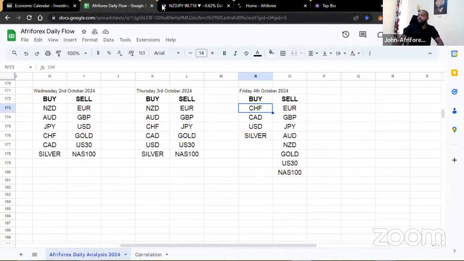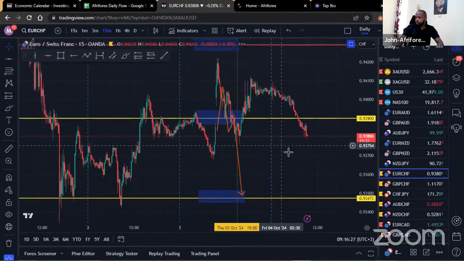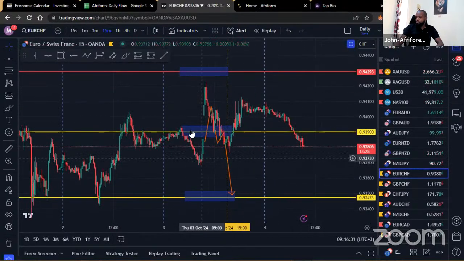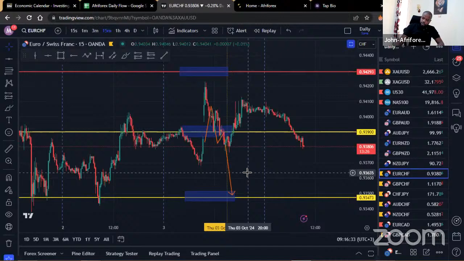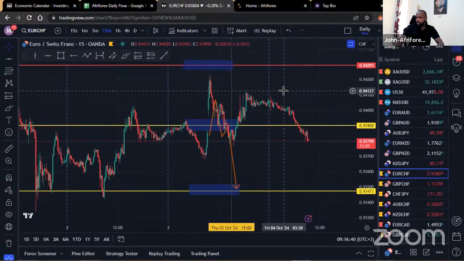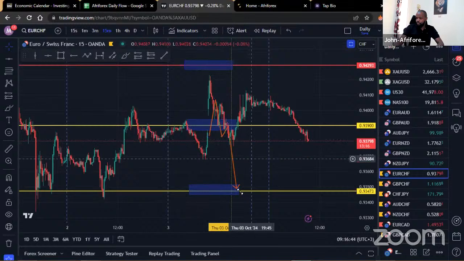So the first one off the line is going to be the euro against the Swiss franc. For this one, for today, you can even start off by looking at what happened yesterday. We're trying to see whether we could have gotten some selling opportunities on this one. You can see the three areas right there that Mitch had pointed out, and also an illustration of what to expect before we actually do jump in on the sells.